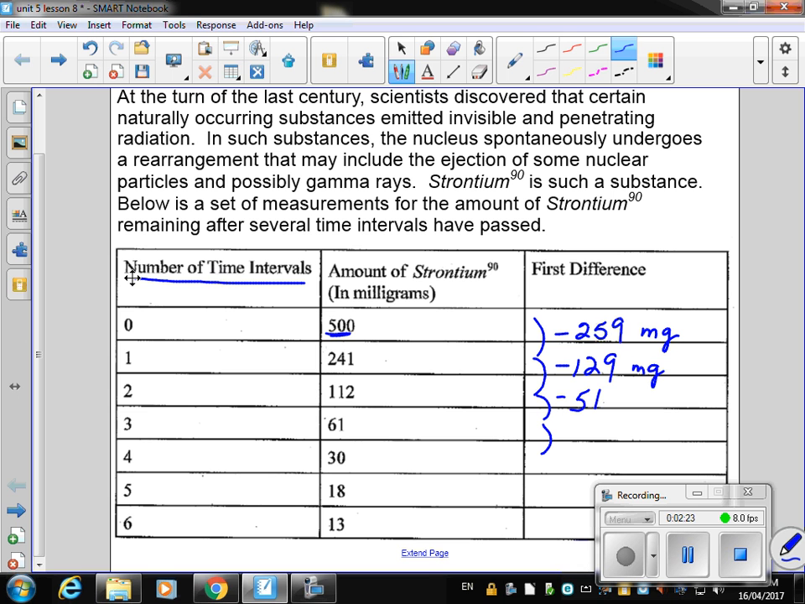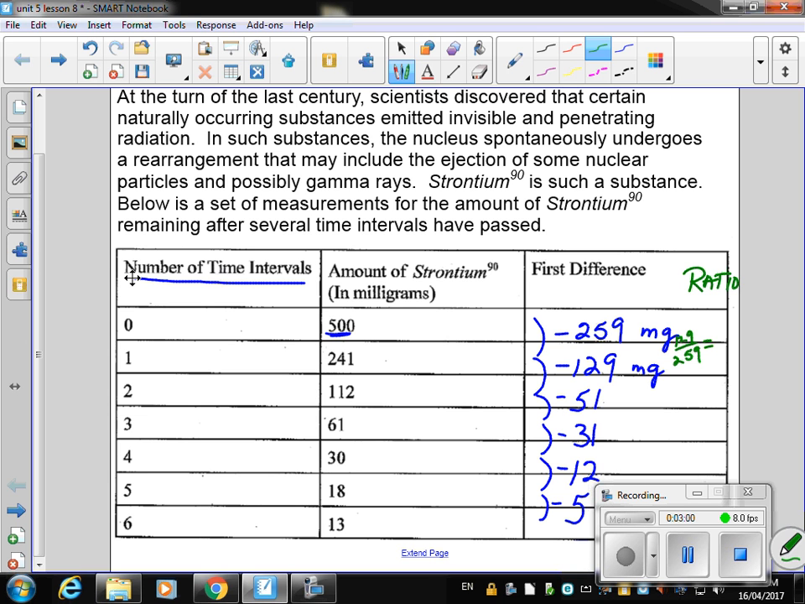Going from 61 to 30, we have gone down 31. From 30 to 18, we've gone down 12. And from 18 to 13, we've gone down 5. These first differences can help us find our ratio, or our B, the base of our exponential equation. I am going to divide subsequent values. So 129 divided by 259